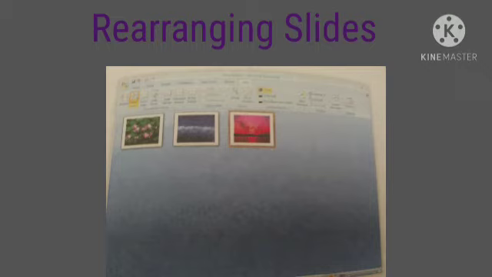The insertion bar will now appear between the two slides. And then fifth, release the mouse button. The slide will appear in the new position, and the slide number is also automatically updated.